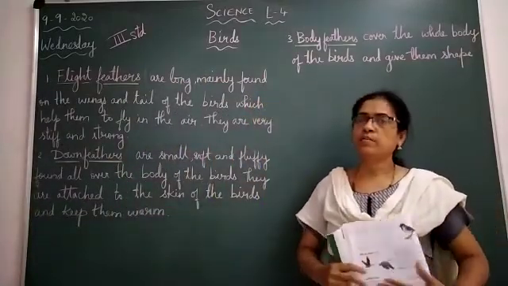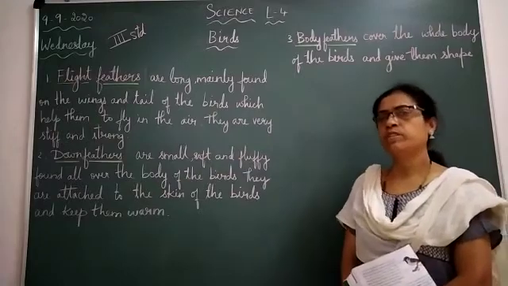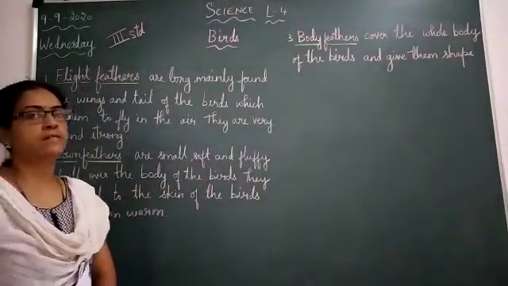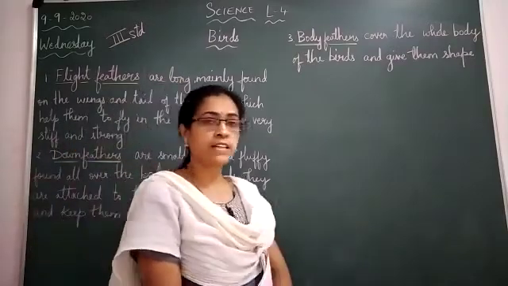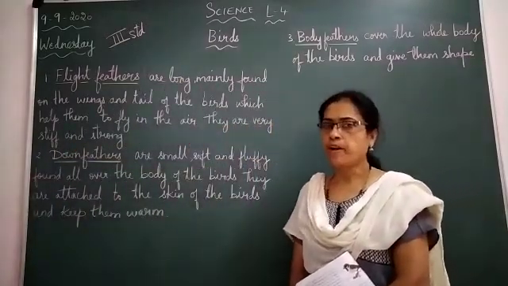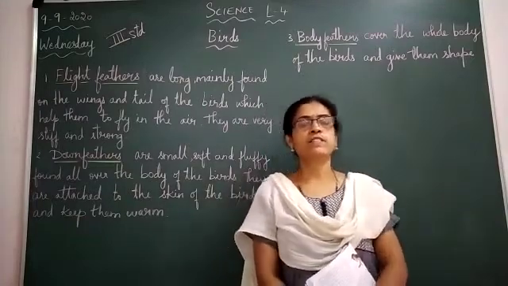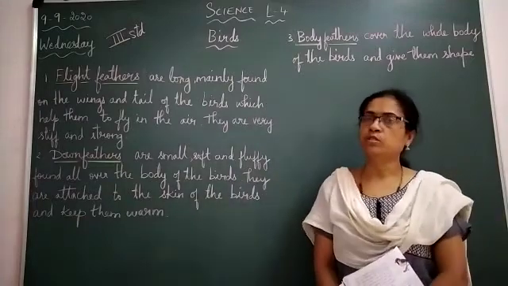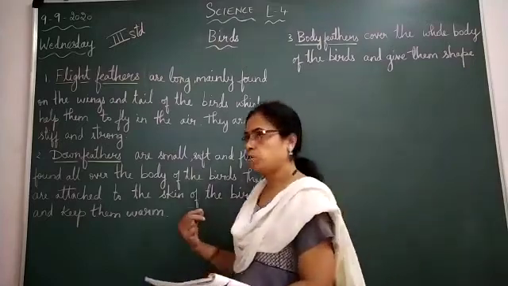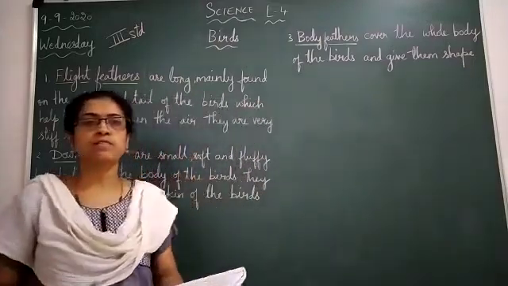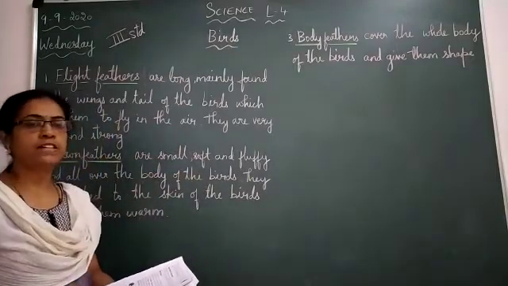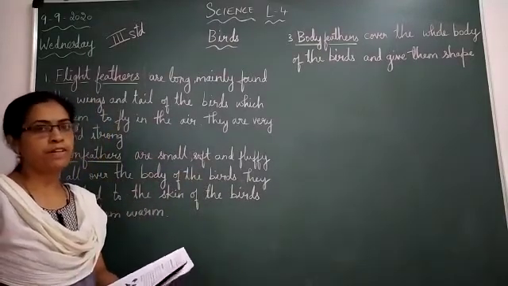Have you seen birds? So many varieties of birds we have seen, isn't it? Birds are beautiful creatures that can fly. They are of different sizes, shapes and colors. We can see a variety of birds throughout the world. Maybe you have visited a zoo also. There you can see a variety of birds, of different colors, sizes and shapes.